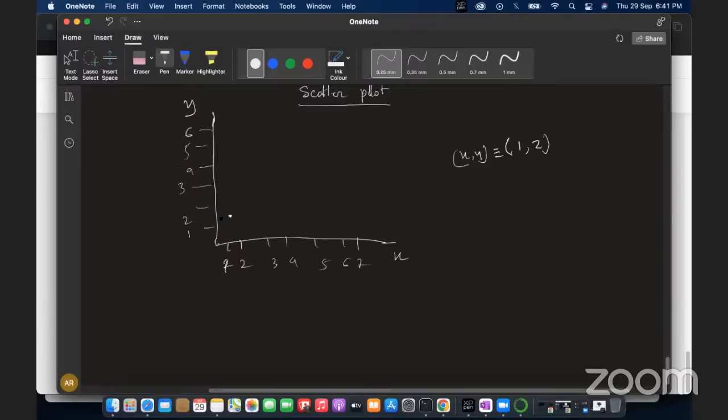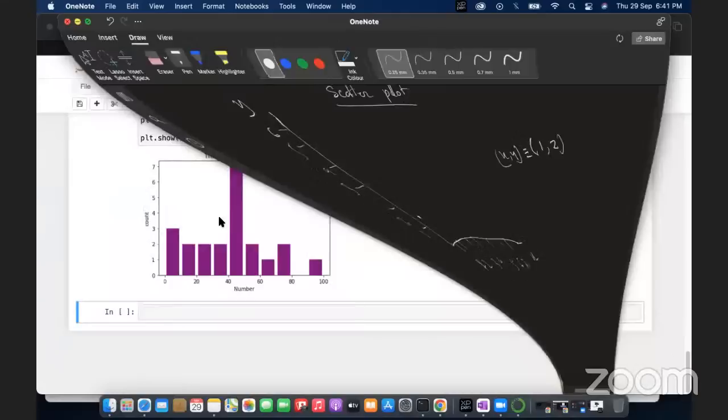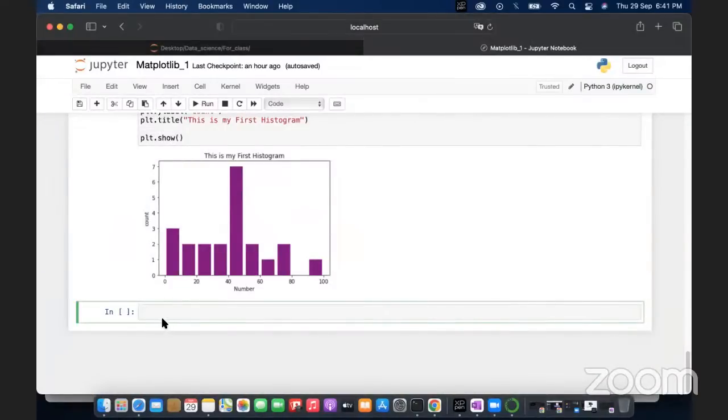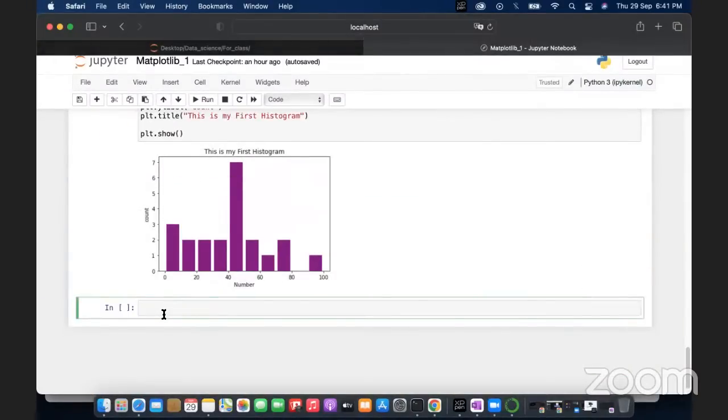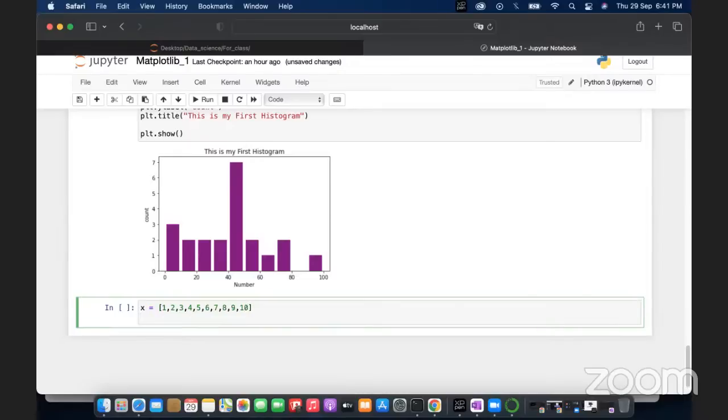That is exactly scatter. So for this we need some random x value and y value. Again our x value is 1, 2, 3, 4, 5, 6, 7, 8, 9 and 10. My y value is,